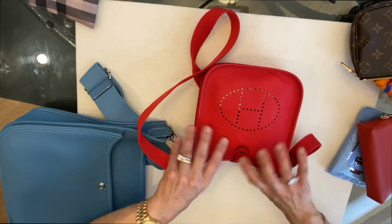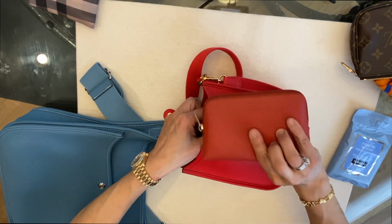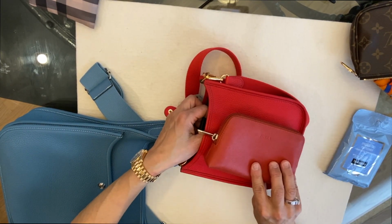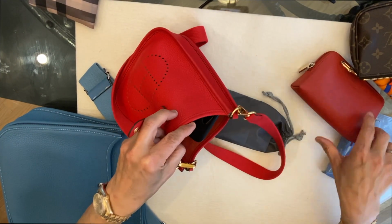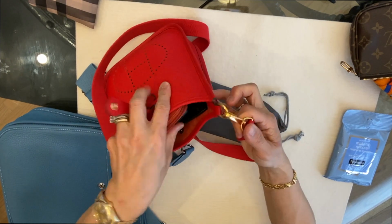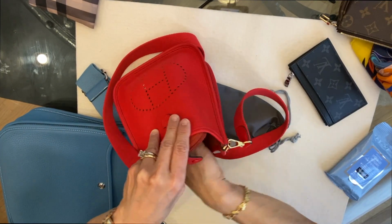And that's the nice thing about it. It does stretch. Now, if I wanted to put something the size of a mini pochette, and again, I'm not sure if this is exactly the mini pochette size because I don't have it, but I figure it's pretty similar. What am I gonna take out? I'm gonna take out maybe my glasses and put this in. Yeah, then it'll fit. Or if I take out the card holder and just have a card case or